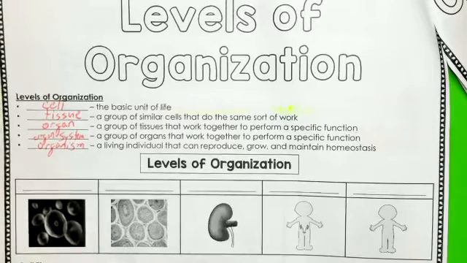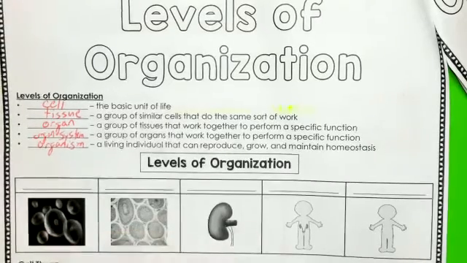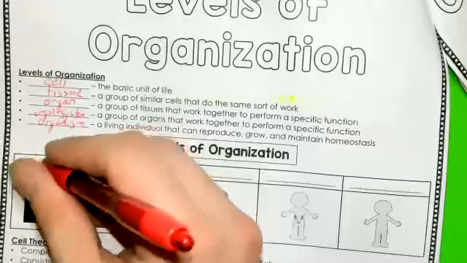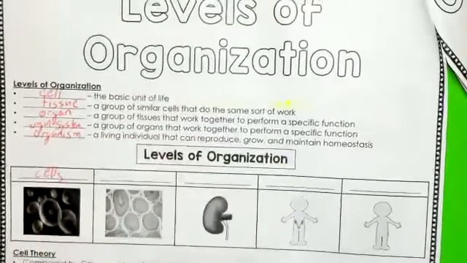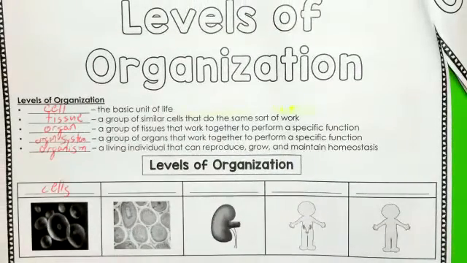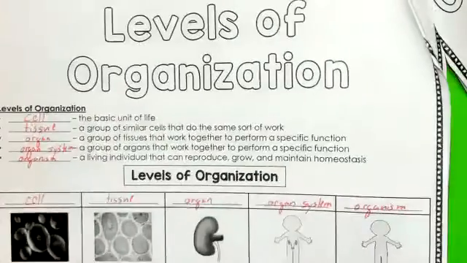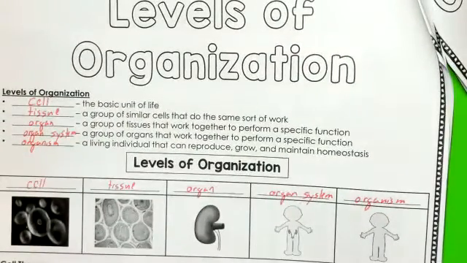All right, so next we have our levels of organization. We need to write them down one more time because we need to stick them in our head. What's our first level, guys? What do you see right here? Cells. Good. You're looking at cells in this first picture. Next, you're looking at tissue. Good. When those cells come together, as you see, they're kind of fitting together. You got your tissue. When different tissues come together, we have an organ.